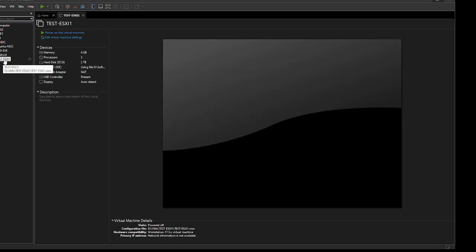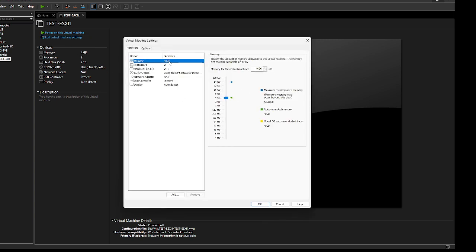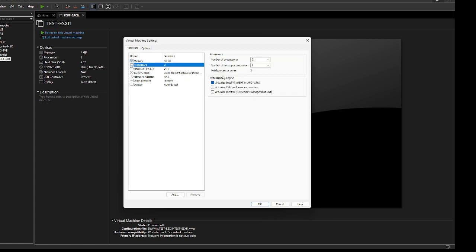Now I got my machine over here. I can click on edit. Here I can see it is allocating 4 GB, but I need maybe 16 GB. So I will select 16 GB, and I can say that I need 4 into 2. So number of processors, number of cores per processor. I do have 8 physical cores, so I'm using 4 physical cores. In those 4 physical cores, I'm using 2 cores each. That will give me 8 cores.